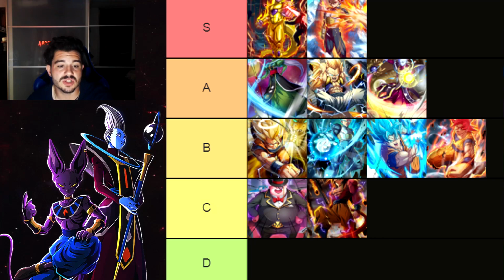And then when it comes to the angels that are in Hero Rescue, I would say Whis is an A, and then Vados is an A. But I would put Vados in the front. The thing is, when it comes to any angel being there, I would love to see Vados on top. The reason why I don't have the angels in the S tier is because